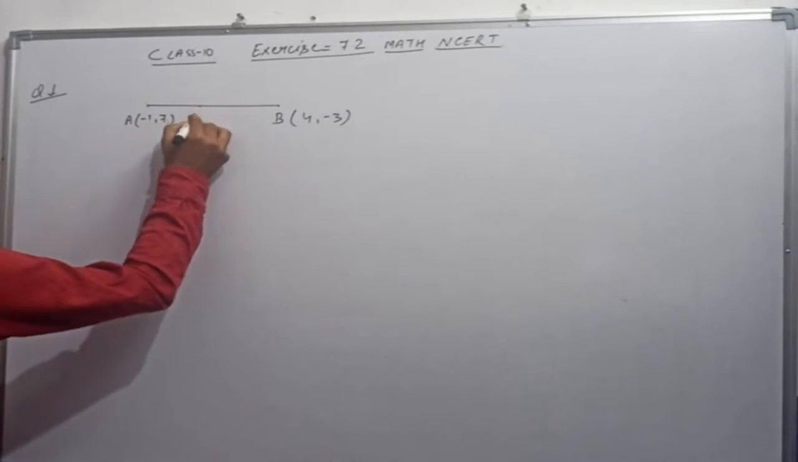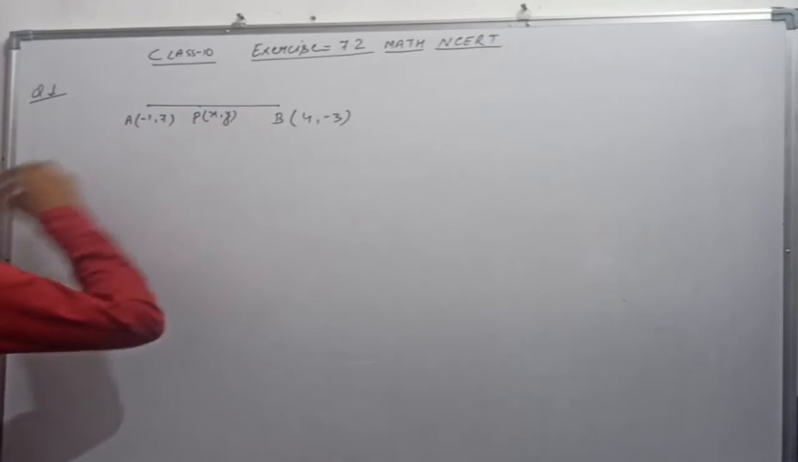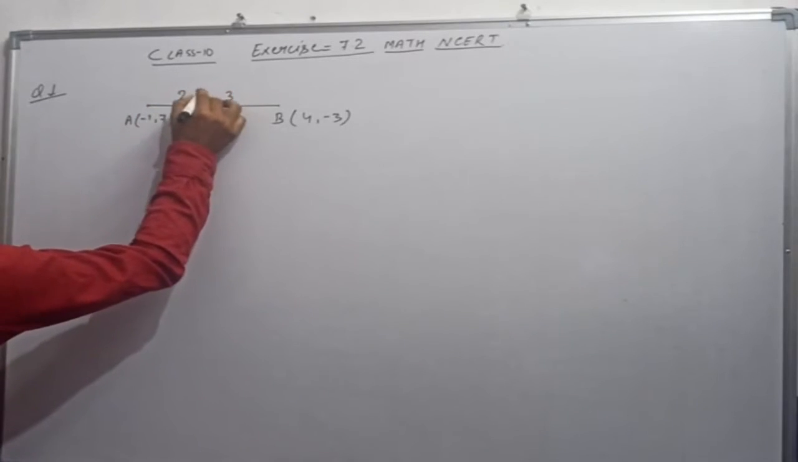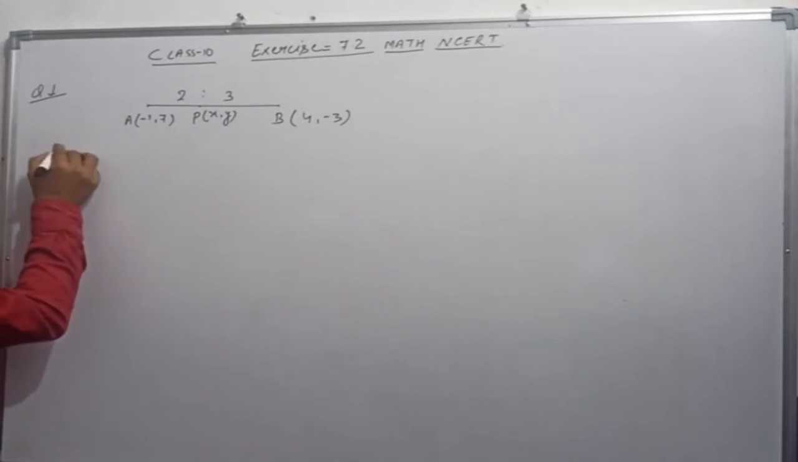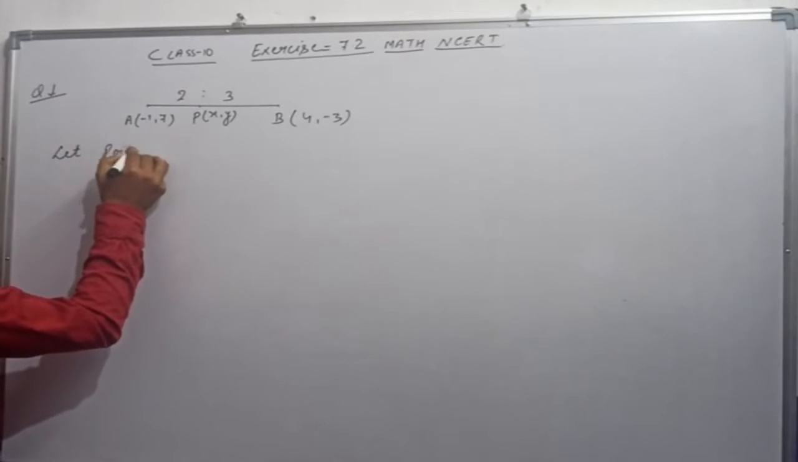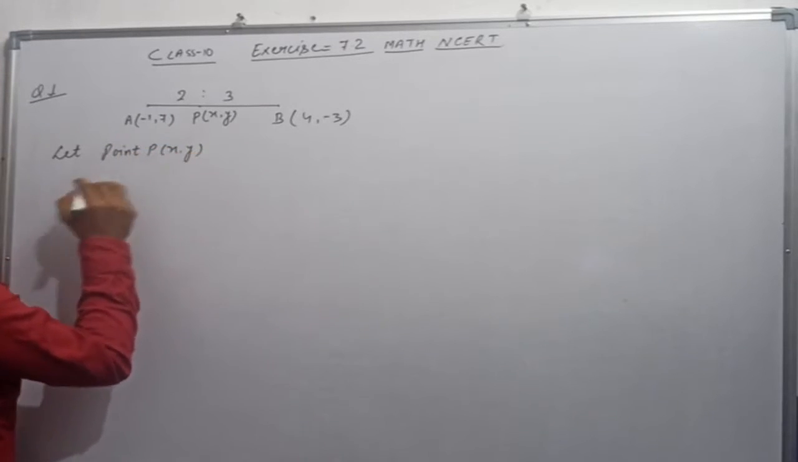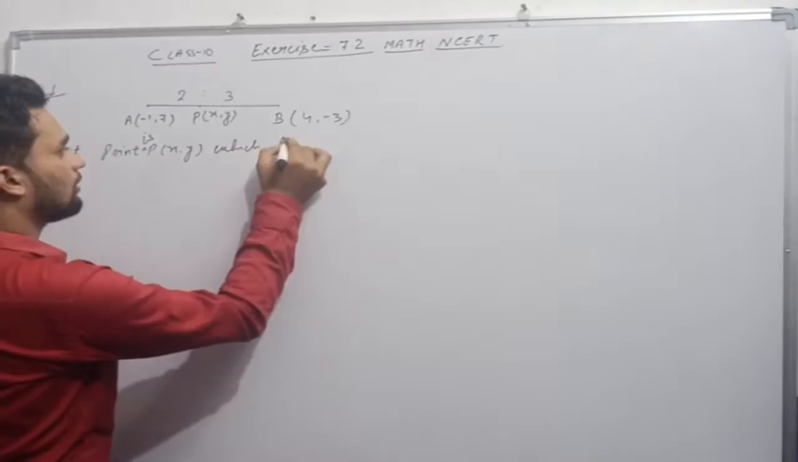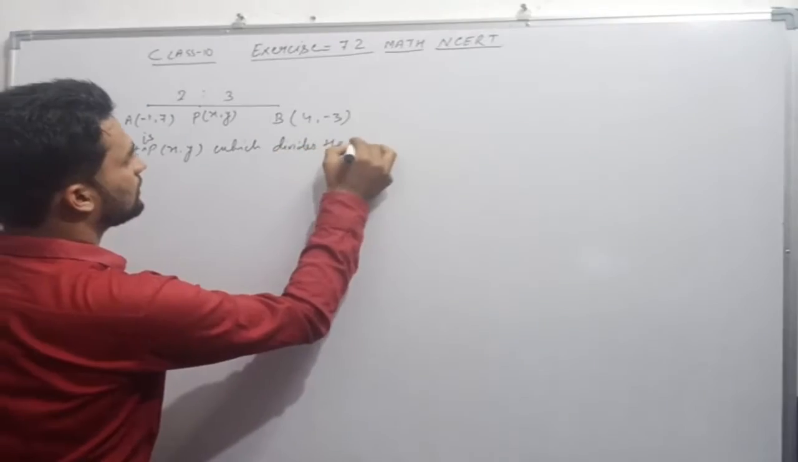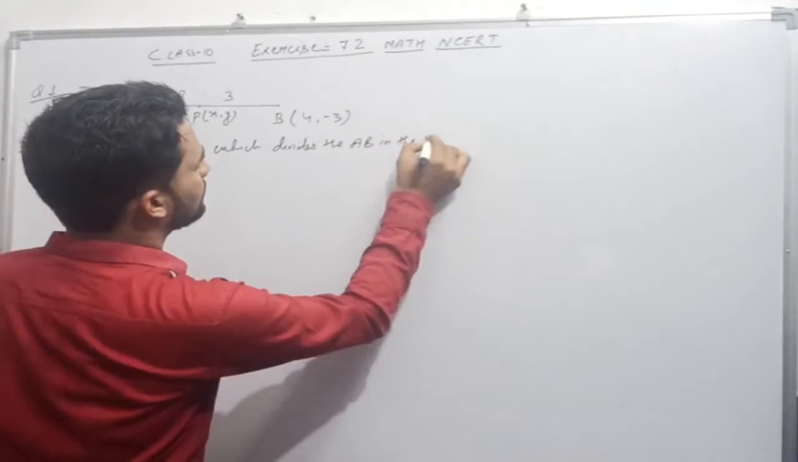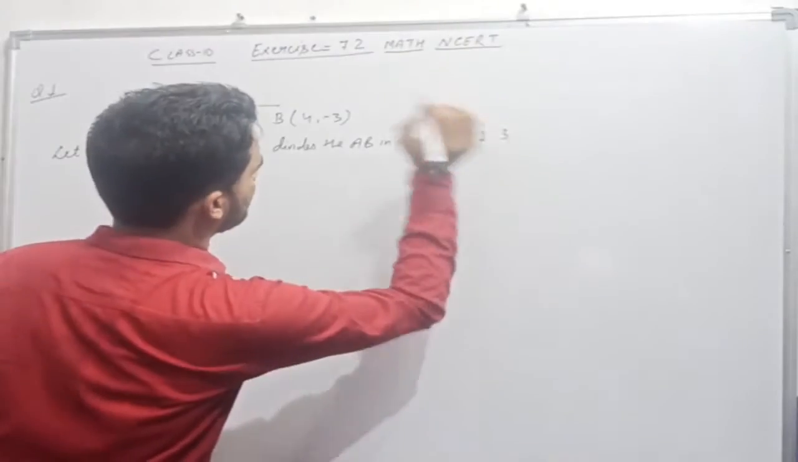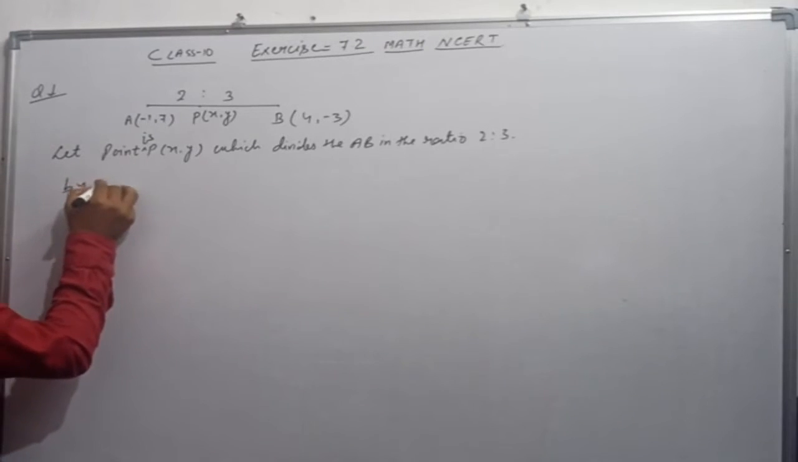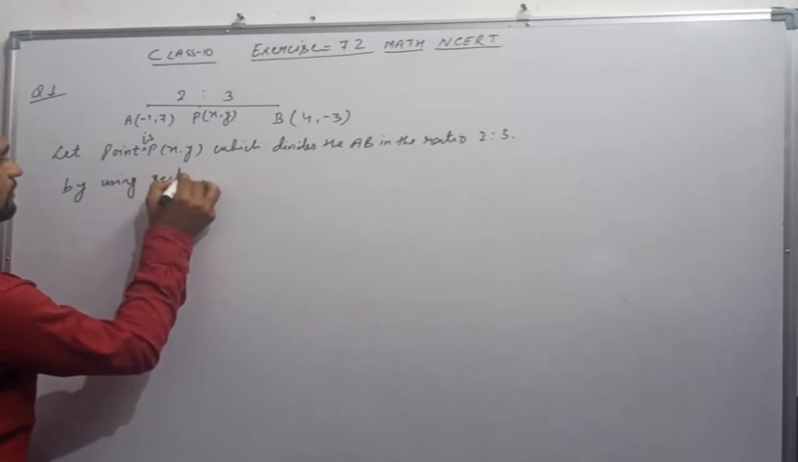Let the point be P, and the value of point P we suppose is (x, y), and it divides the line in the ratio 2:3. So let the point P(x, y) divide AB in the ratio 2:3. So, as you know, by using the section formula,